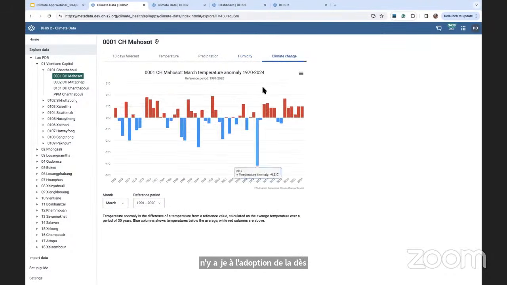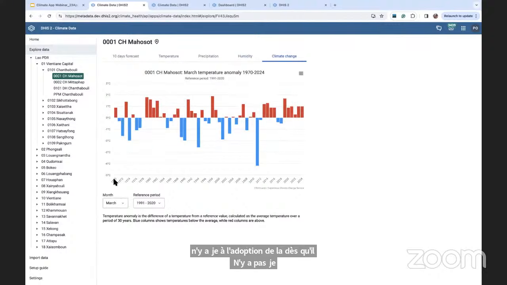And then the last one is the temperature anomaly, or temperature change over time. And again, here we're able to explore month by month. You can see, if you look at, say, the month of March that we've just passed, you can look at an anomaly from 1970 up to 2024, for only the month of March, to see how the temperature is changing over time based on this reference period